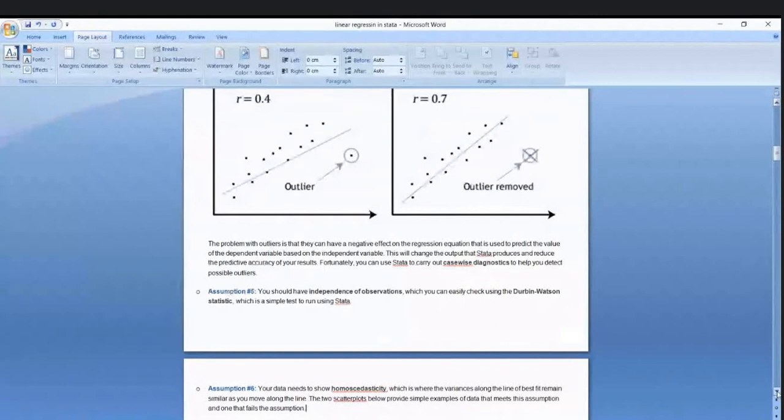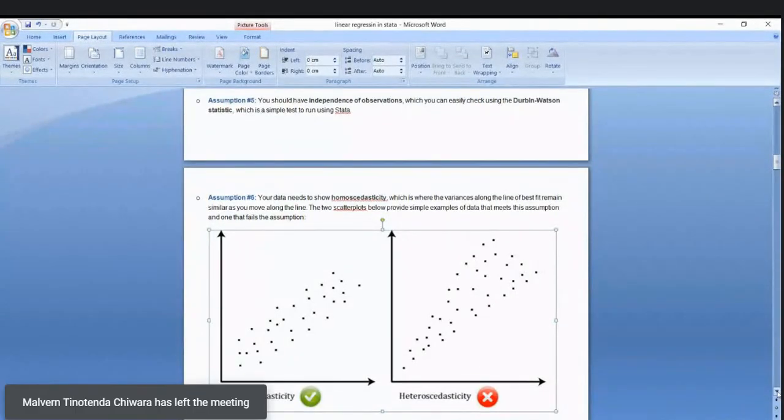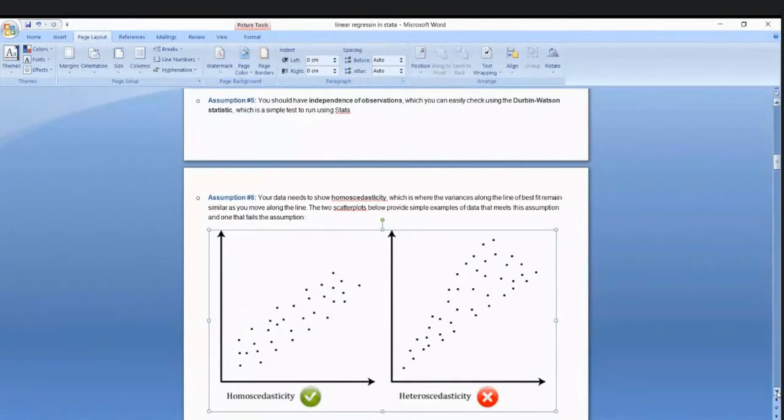Assumption number 5: you should have independence of observations, which you can easily check using the Durbin-Watson statistic, which is a simple test to run using Stata. And then the 6th one: your data needs to show homoskedasticity, which is where the variances along the line of best fit remain similar as you move along the line. The 2 scatter plots below provide simple examples of data that meets this assumption and one that fails the assumption. So homoskedasticity,